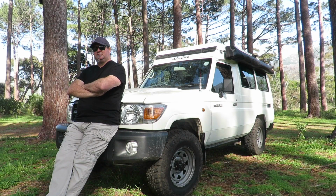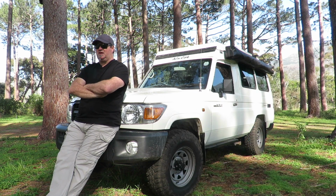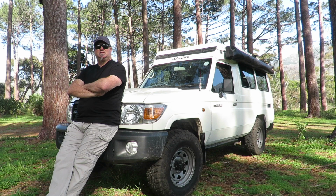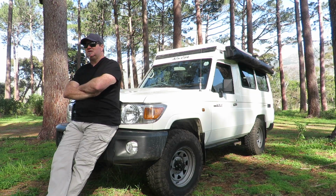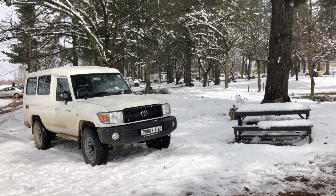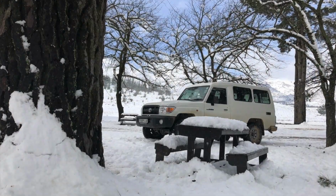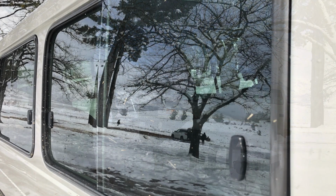So next was the sound system. Because I'm old school, I chose the Sony One Nav with a CD player, because I'm of that generation. I still own loads of CDs and want to be able to use them in my Troopy. So we got the CD player and the sound deadening done, and the very next day we went on our very first excursion, the snow in Cedarberg. It had been snowing, it was winter, and it was just a white winter wonderland, and the Troopy looked amazing in that. Just played around in the snow, played around with photographs, and